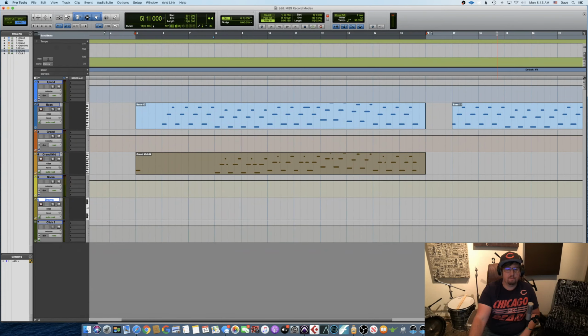I'm going to show you another mode now with the drums called step input. And step input is really cool. You could use input quantize on the drums too, but for this video, I'm just going to show you a totally different one. So I've got this kind of,